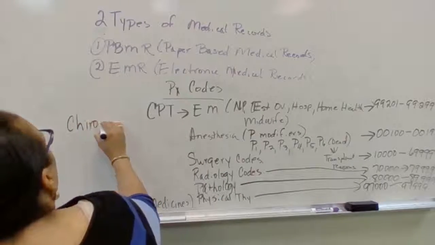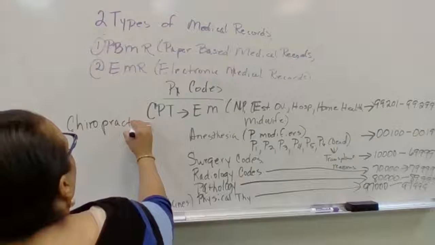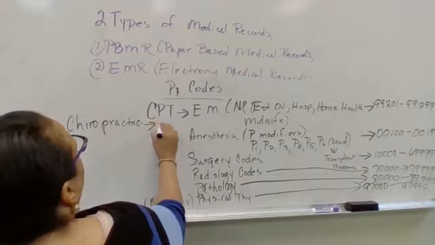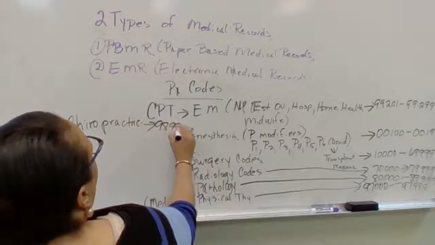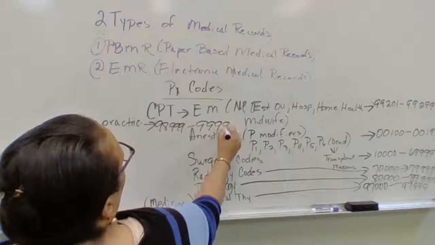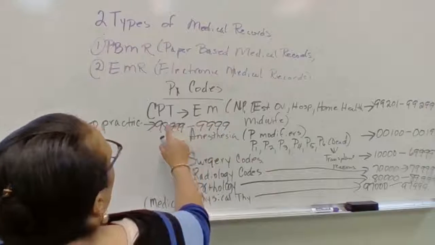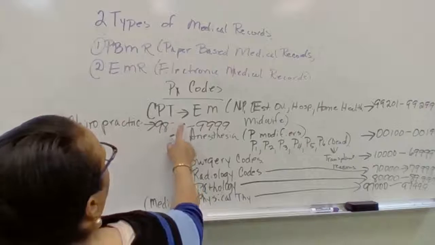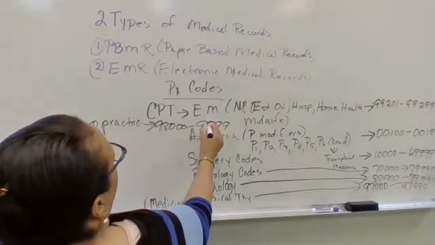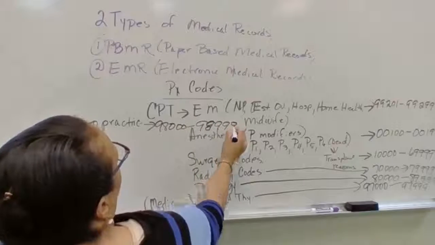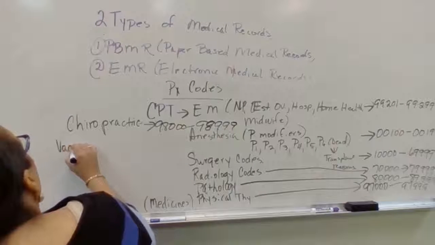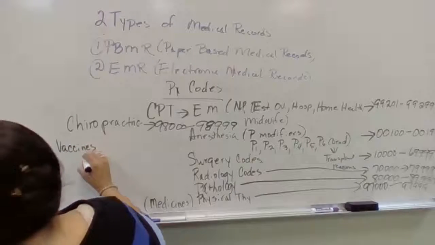chiropractic. So if you're gonna work for a chiropractor, chiropractic goes from 98,999 to 9,999. Yeah. No. Wrong. 000 to 9,899. Okay. And then you have your vaccines, your regular vaccines, MMR,